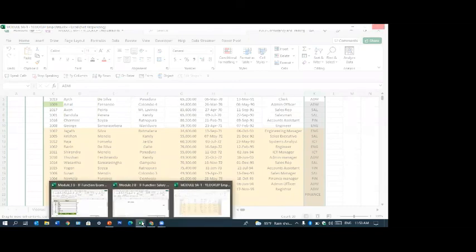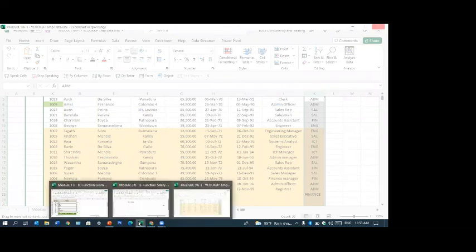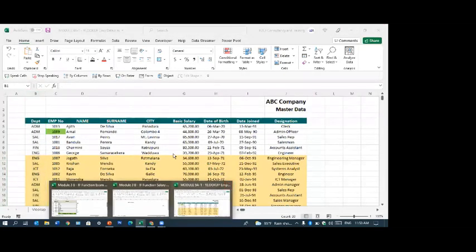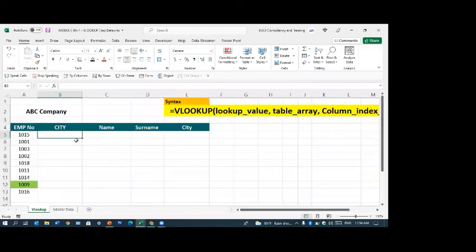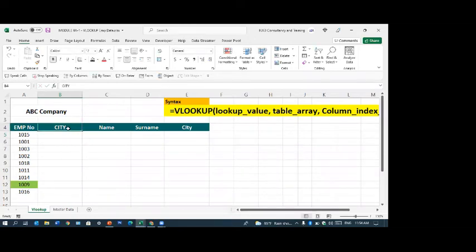For that XLOOKUP, that's the advantage, and there are other options. If it comes with an error, what do you want to show? That is also there. Now here, the original thing had the department on the left side, but here we can use it, equal XLOOKUP. Put the department first. What we wanted is a department.